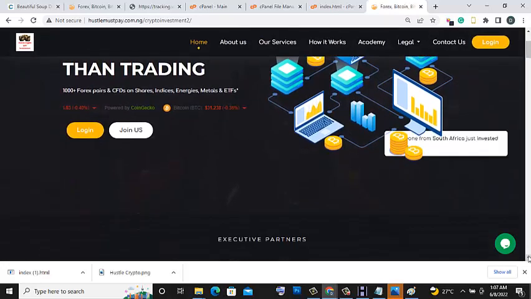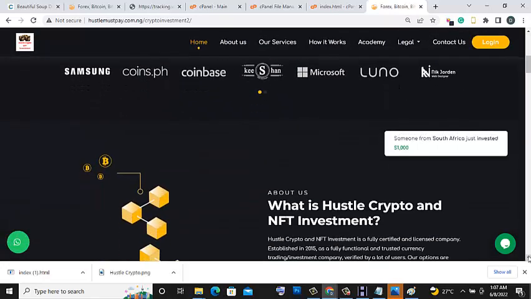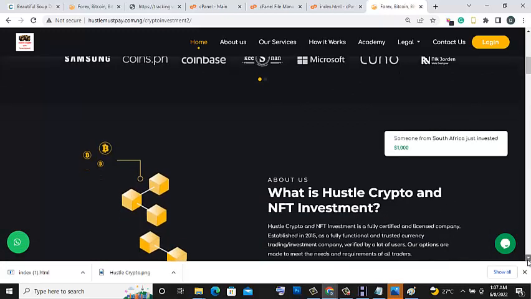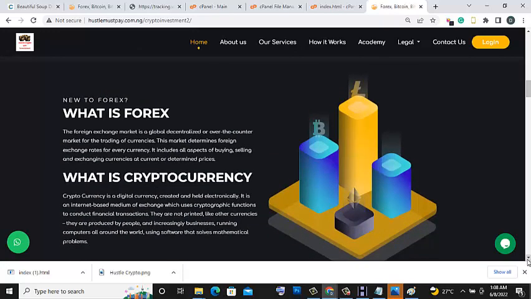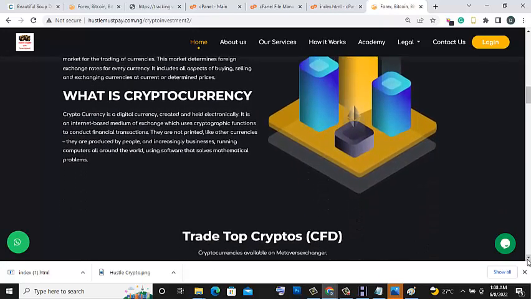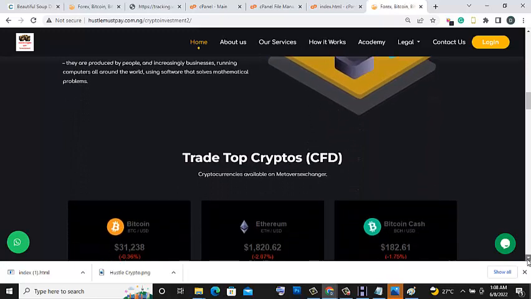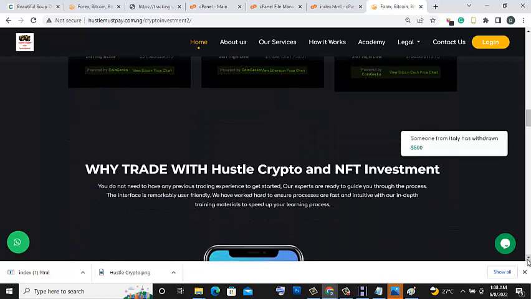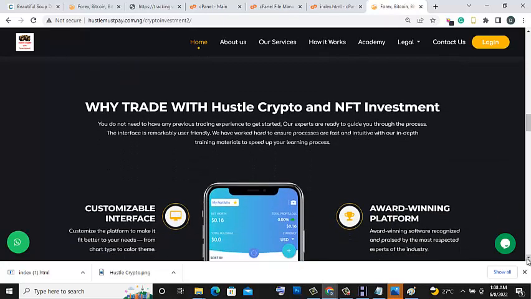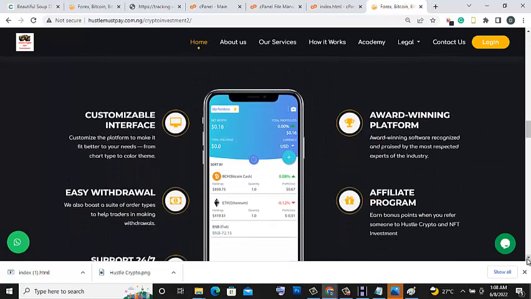Any stuff you feel you want to change, you can go ahead and change it. What is also crypto and NFT investment? You see, wow, and all of that. Any place you see metaverse exchange or something you don't like, go ahead and replace that. Why trade with also crypto and NFT investment? All of that. You see, it has changed, it has been reflected, and you are able to achieve this in